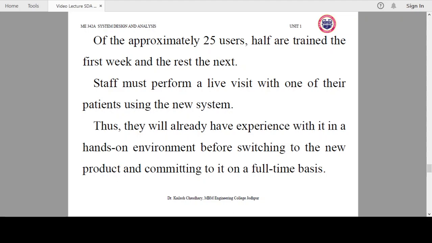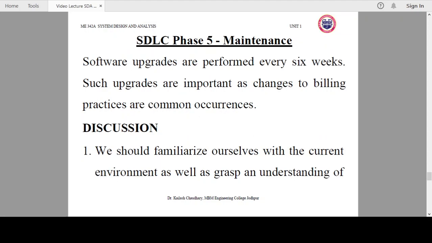This is how you can implement this phase of the system development life cycle in the home healthcare system of a hospital. This is how we are training the staff, this is how we are collecting the data with old and new software, and then we can use the new software from a particular date. Before that we can do testing with our new software.